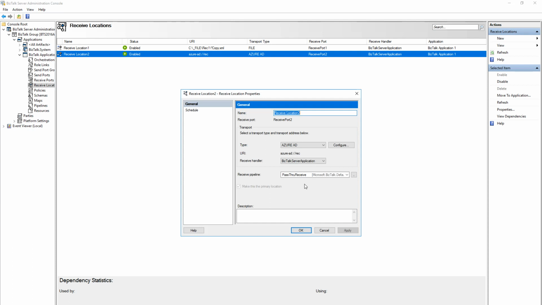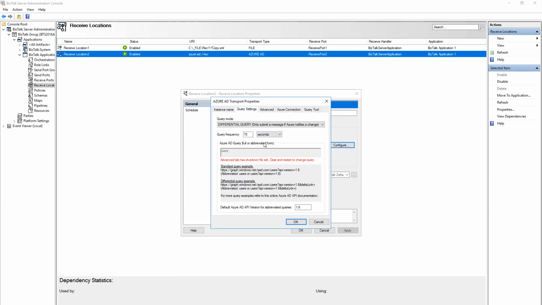There's also, of course, the receive side, which has a similar configuration, but there you put in your own query, and there's some examples there, and that query will be run each polling interval, in this case 15 seconds. And you also have the choice, as with our on-premises AD adapters, of running standard queries, which returns the full query results at every polling interval, or a differential query, which just returns results if there's been a change in the objects in scope. In the case of Azure AD, we use the differential query API that Microsoft provide with the Azure AD